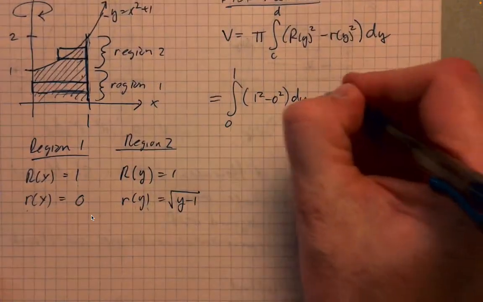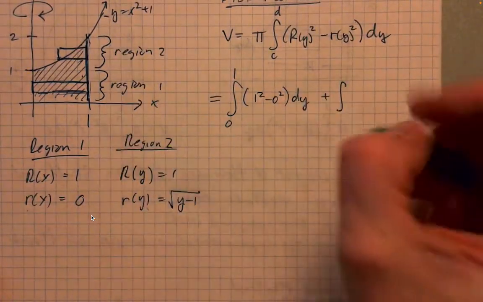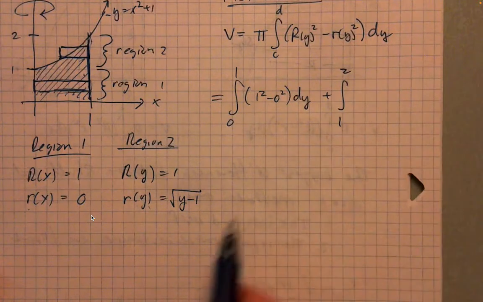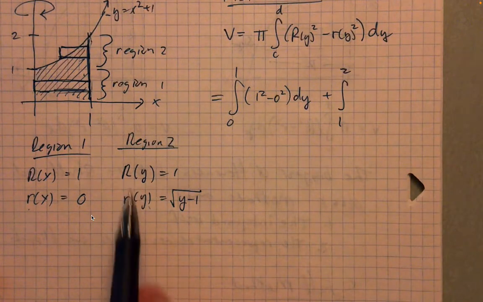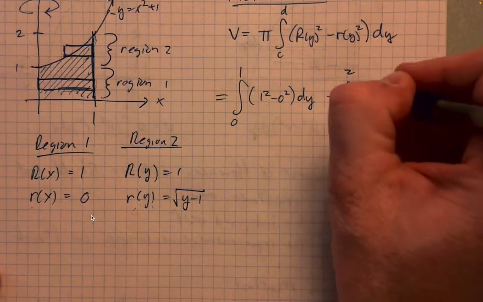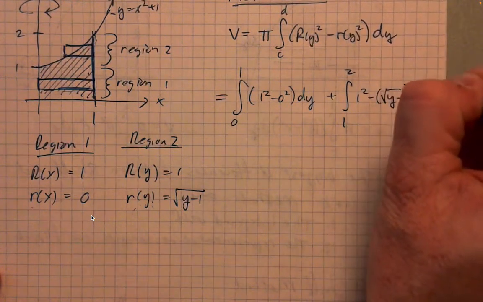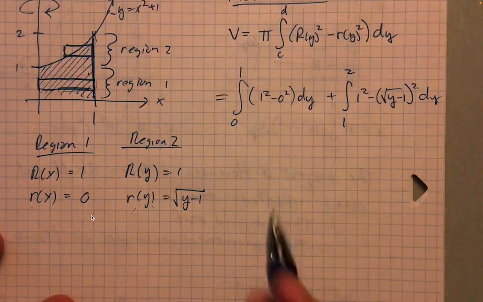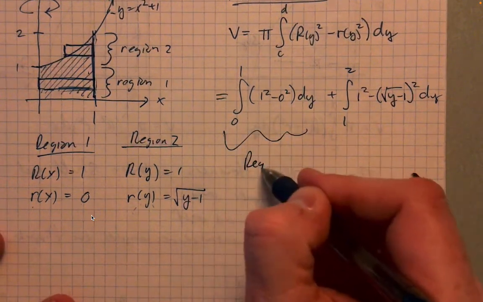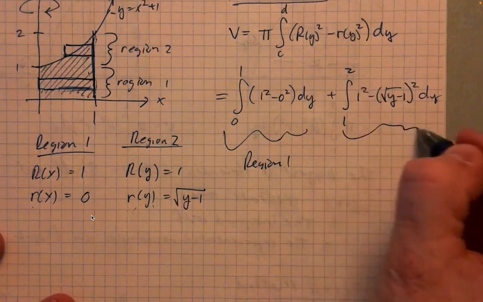Okay, plus the second region, which would be 1 up to 2. And there again, it's going to be big R minus little r, both of them squared. So it'll be 1 squared minus square root of y minus 1 squared. Right, so you have these two integrals, right? This one being your region 1, this one being your